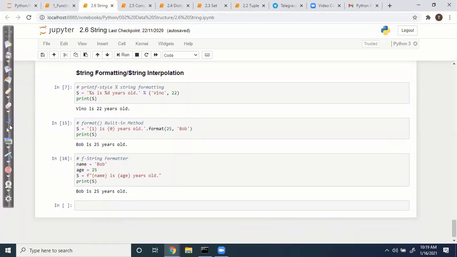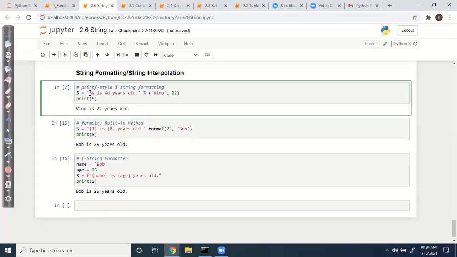String format: if you want to format a string, you can use string formatting. Percentage string, percentage digit, so it's getting replaced. String and digit are getting replaced. With format, you can use 0 and 1.